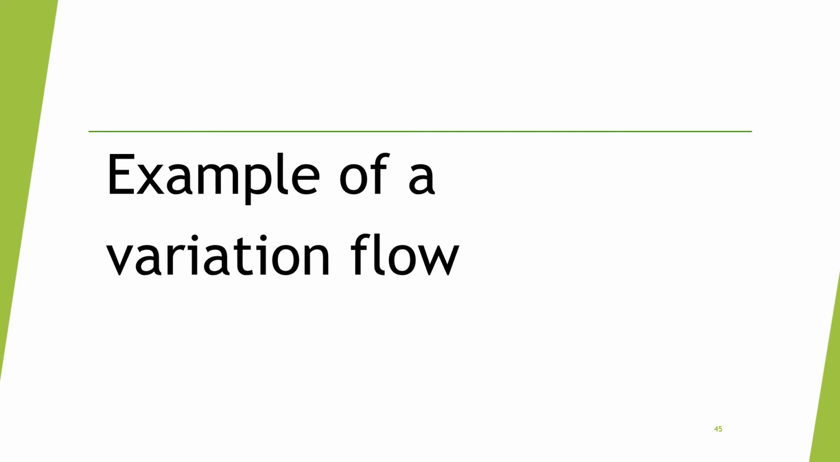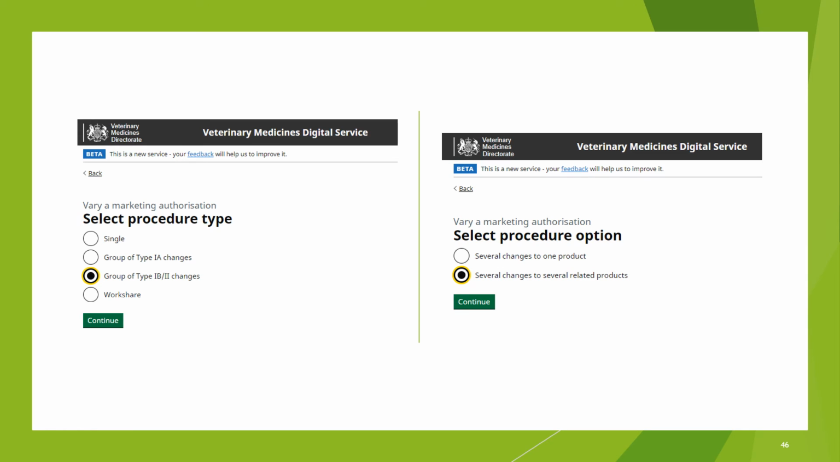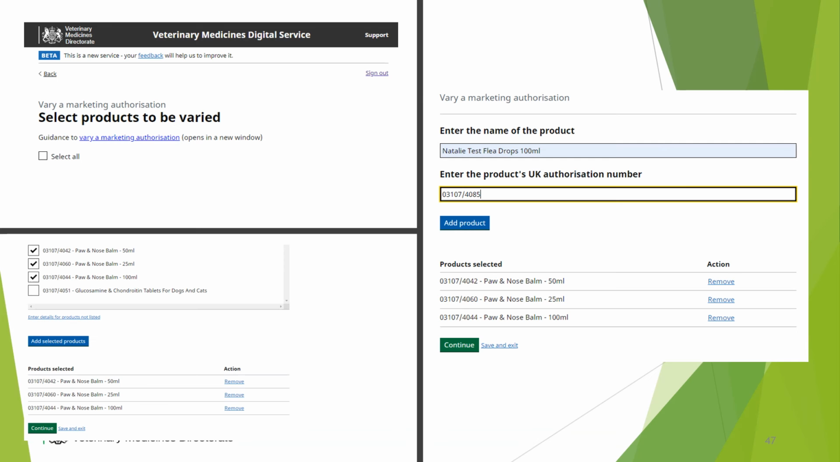There are so many different scenarios when it comes to variation applications. There's so many different options. I'm not going to work my way through every single one, but I'm going to give you an example of a variation flow. So for this example, I'm going to choose the procedure type of a group of type 1b and type 2 changes. And in the options available to me, I'm going to apply to make several changes to several related products. Now, the next thing it asks me to do is to actually say what products are included